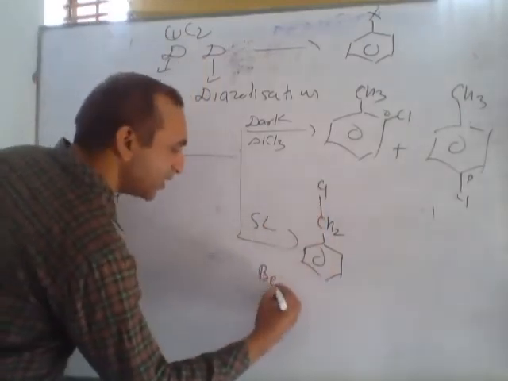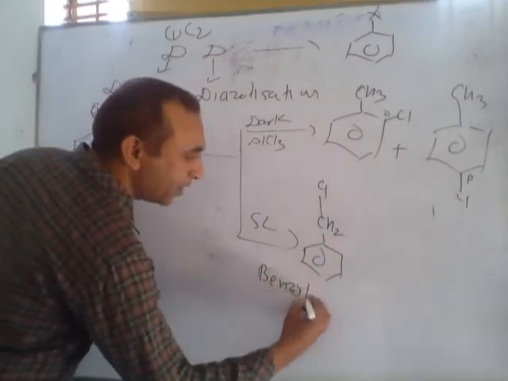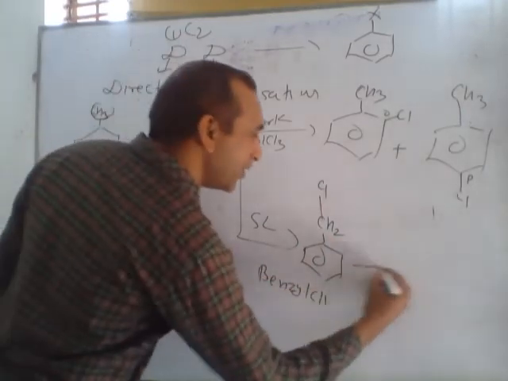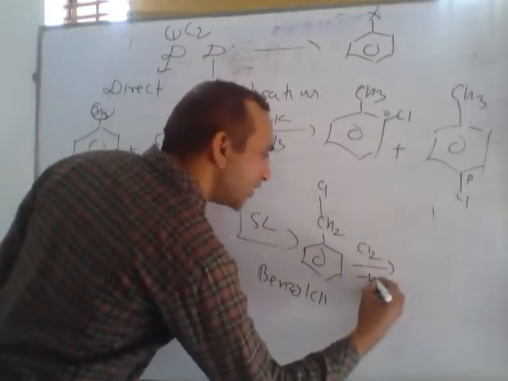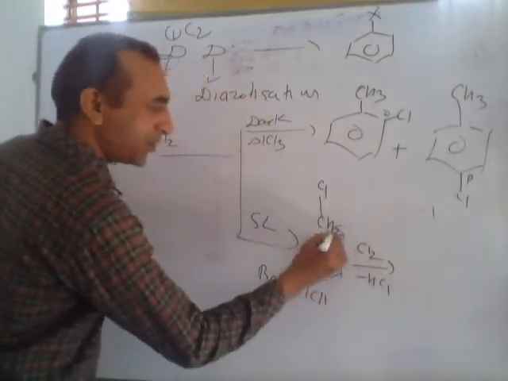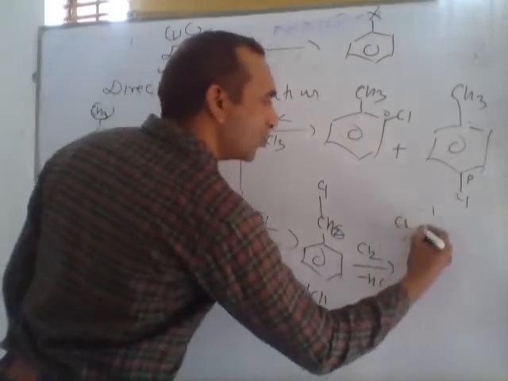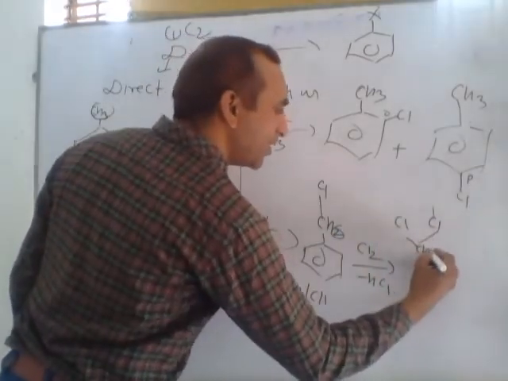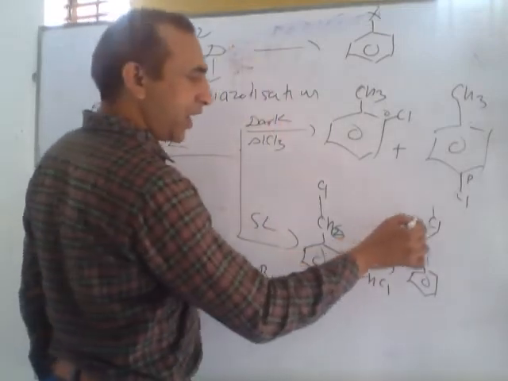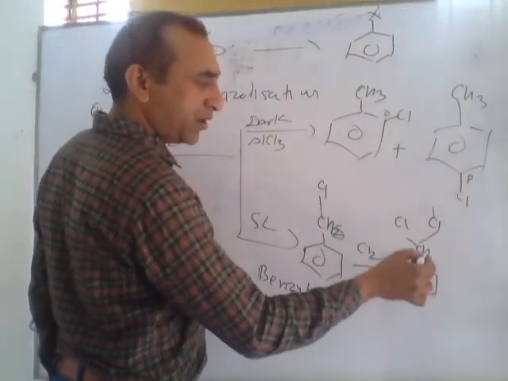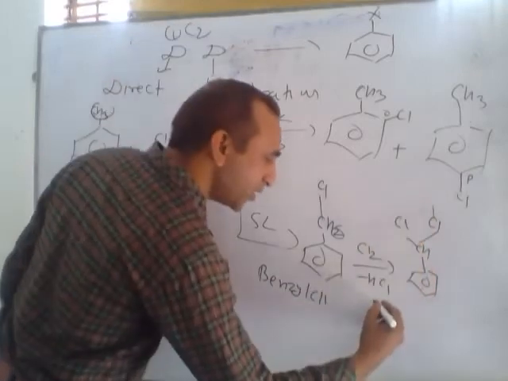Otherwise, we can say this is called benzyl chloride. If the reaction takes place again in sunlight, one HCl is again replaced, H and Cl. Again two chlorines are directly joined with this carbon. Can you guess the name of this compound? This is dichlorophenyl methane. You can also say this is